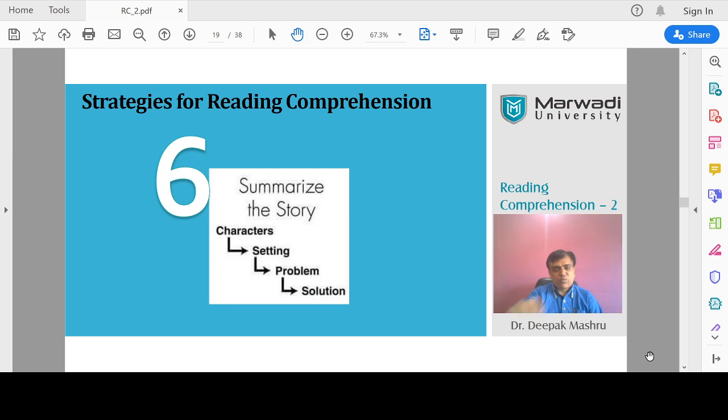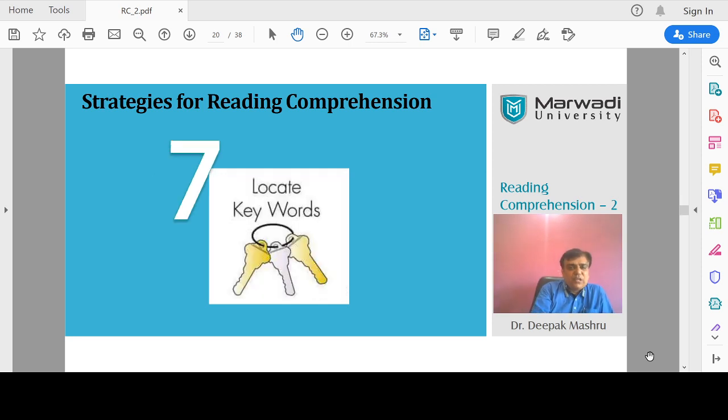Fine. So this is what we call the strategy for summarizing the story. This will help you go through the story faster, twice, thrice, multiple times if you want. Instead of reading the entire paragraph, you go through this, because whatever important things are there, you have marked. So it will be easy for you to revisit again and again.